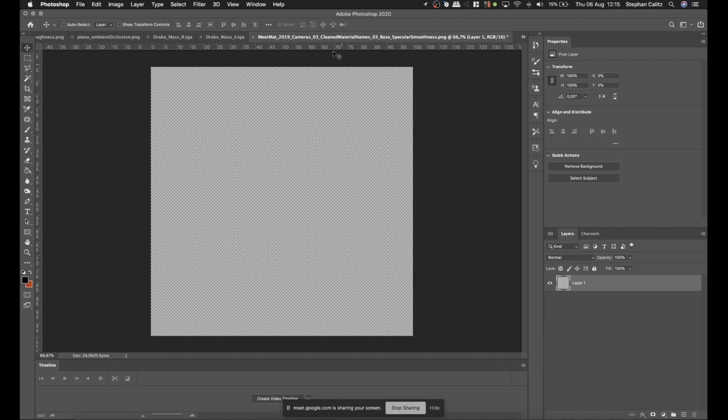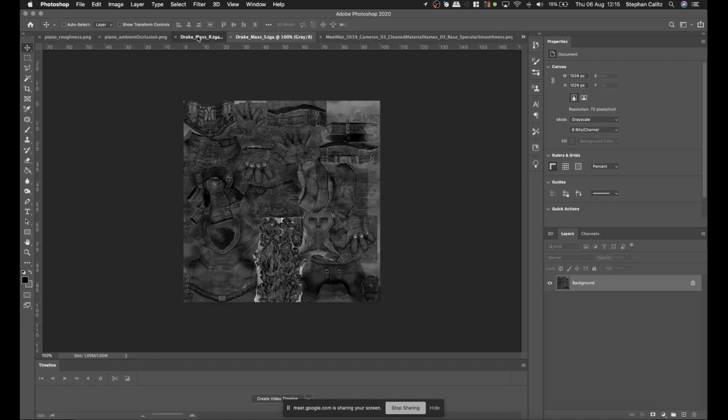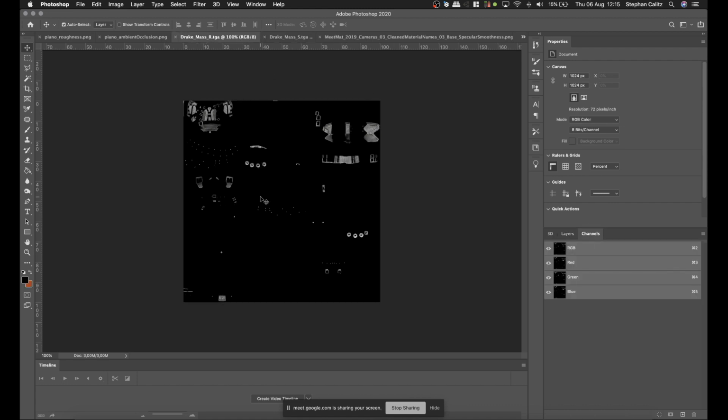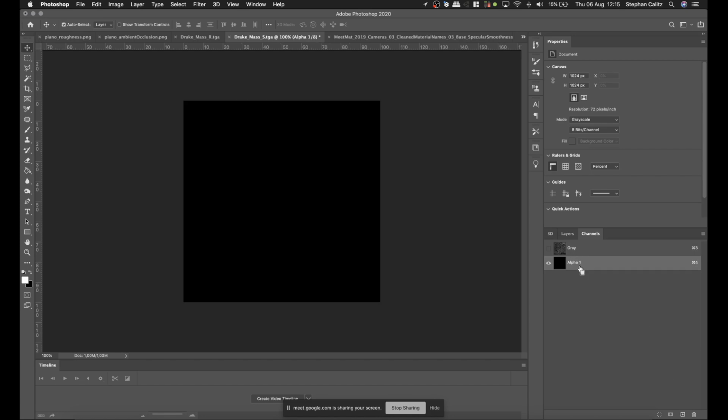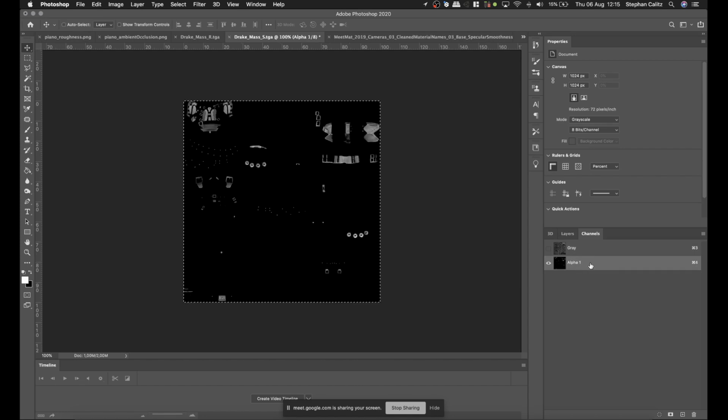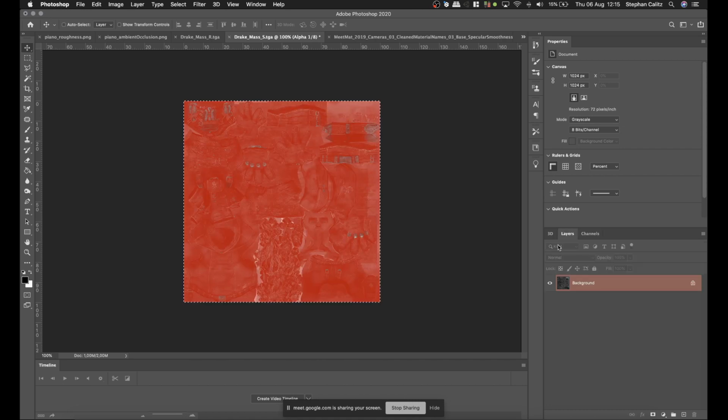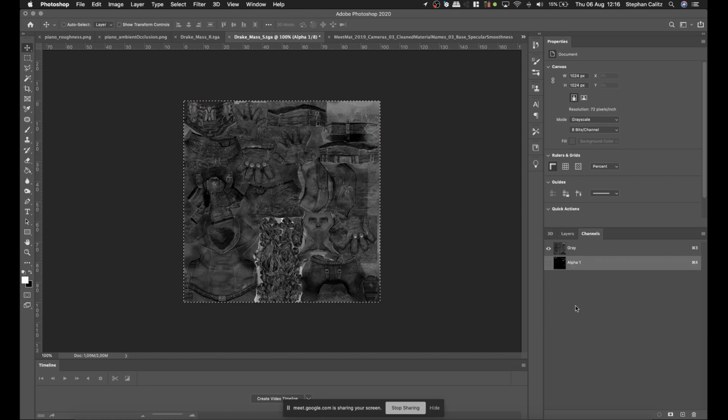Alright, so we're back here packing specular or roughness into the specular map. So in the channels, I'm going to grab the roughness, grab that layer, copy it, and pop it into the specular channel, or the specular's alpha channel rather. So I need to go and create an alpha channel, put it in there, and what's nice about this process is that it's non-intrusive. I can just switch that off. I can still have access to that color information,